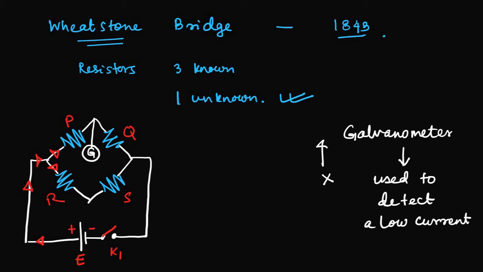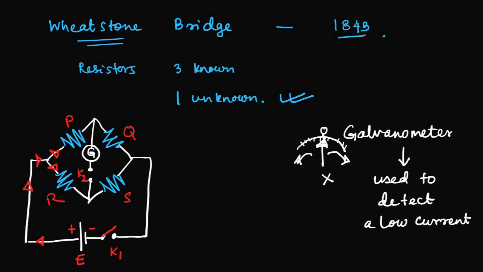There is a kind of arrow mark with a scale in here. If it is deflecting to this side or to the left, it will show. If there is zero deflection, then the arrow mark will stay at zero only. So this is a kind of resistor, and it is denoted as G in the circuit diagram. There is of course another key here named K2, okay. So I'll be naming it as K2.